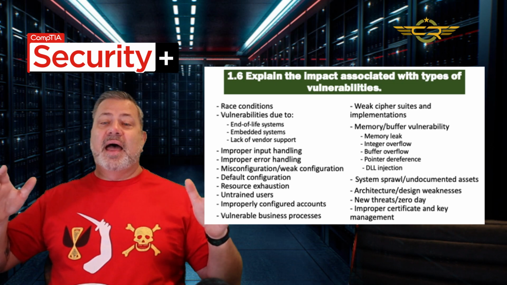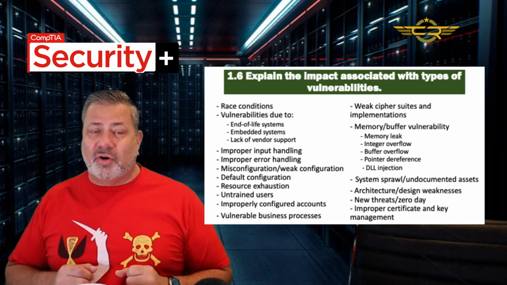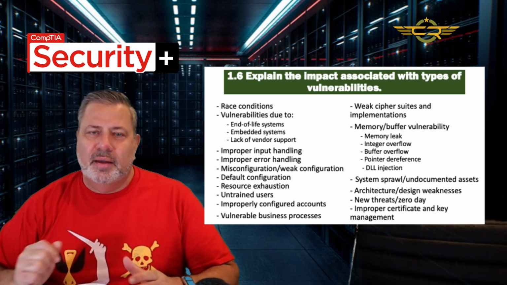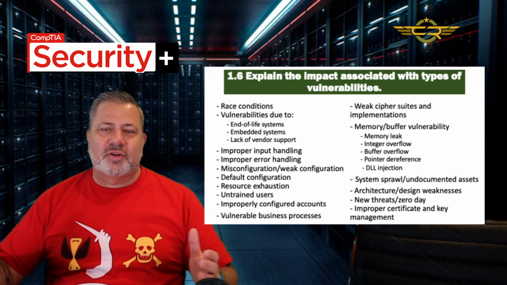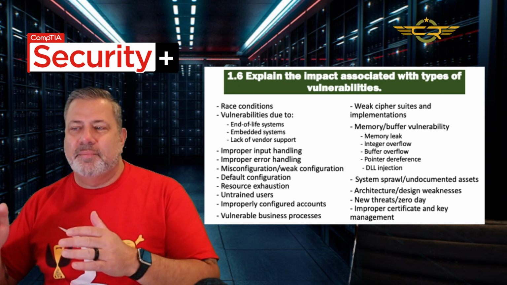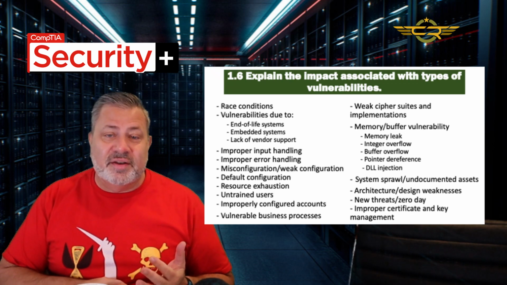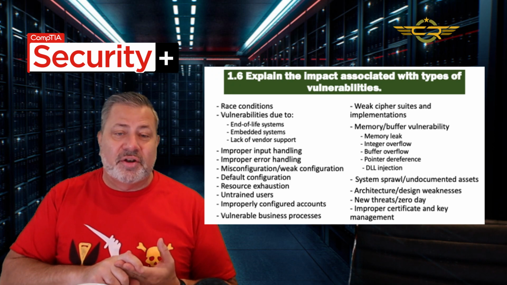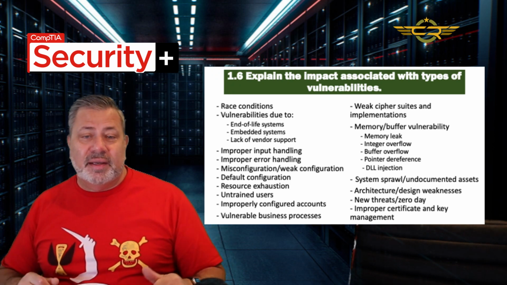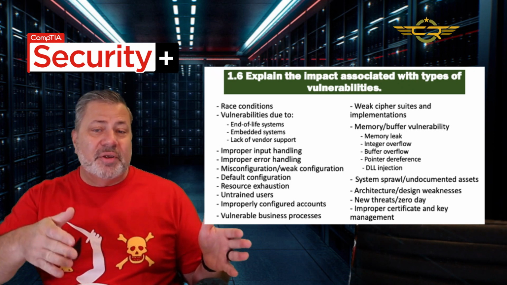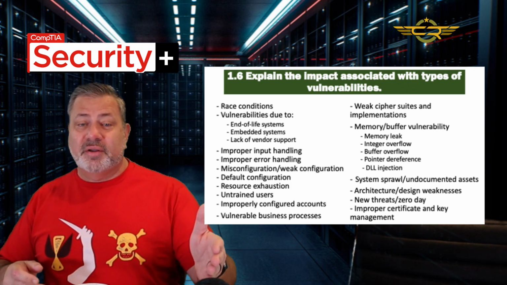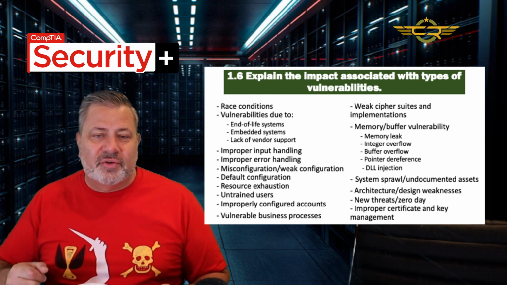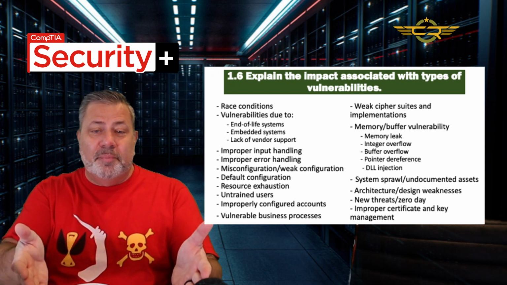And then the last subdomain. You can see there's a lot of stuff on this chart, but not as much as way back in 1.2. And this explains the impact associated with the types of vulnerabilities. So race conditions, and then vulnerabilities due to end-of-life systems or embedded systems or lack of vendor support, improper input handling, improper error handling, misconfiguration and weak configuration, default configurations, resource exhaustion, untrained users, improperly configured accounts, vulnerable business processes,